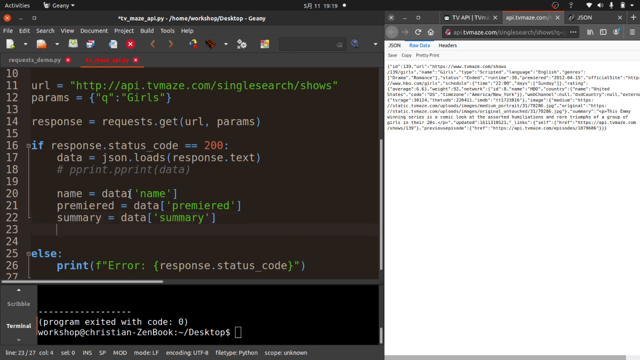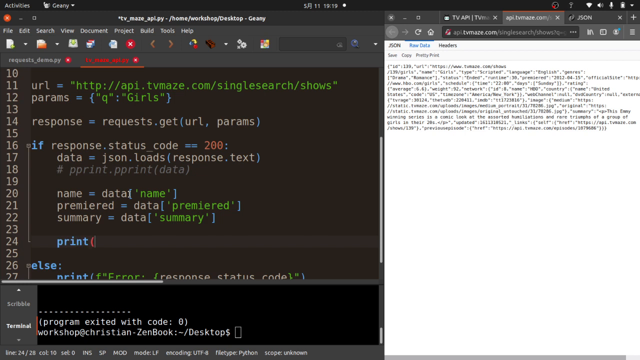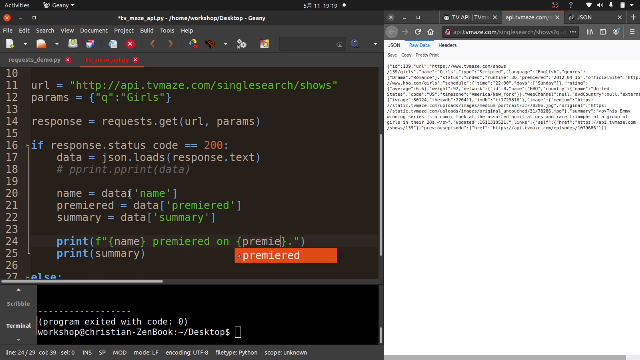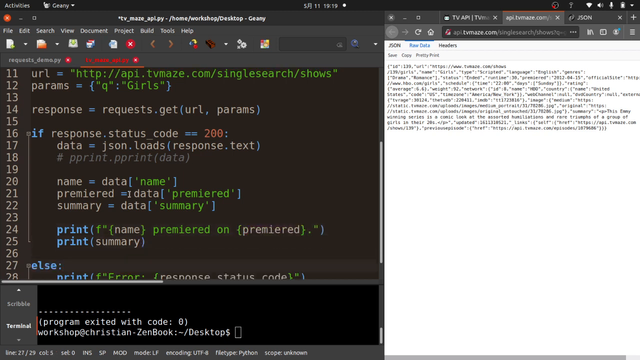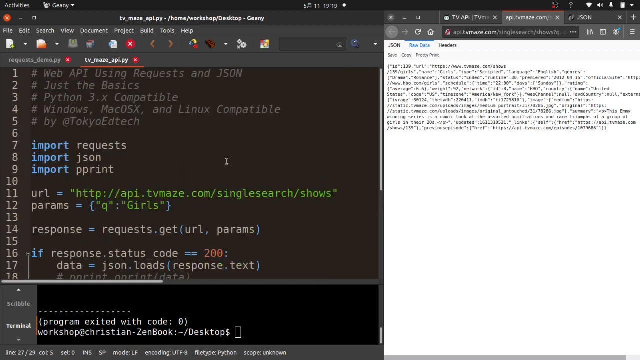Okay, and that's what I'll do, I'll go ahead and print that out. So print, I'm going to use f-strings, they're very convenient. Name premiered on, and print summary. Okay, so name, premiered on. Again, this is a very common pattern, like encoding something, especially something